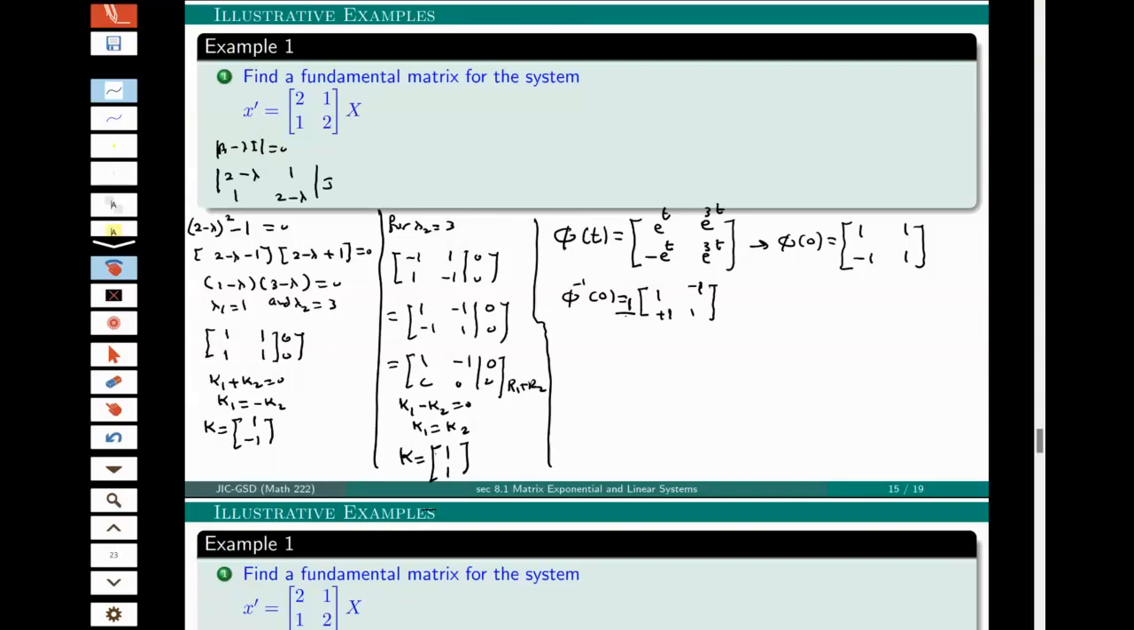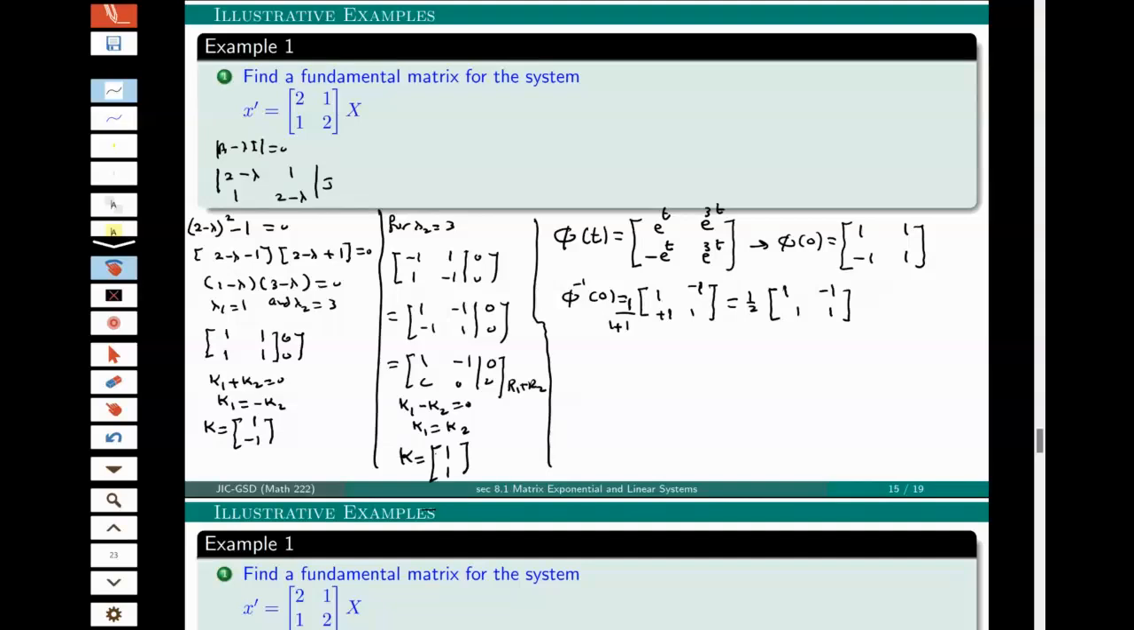Okay, divided by the determinant, which is 1 minus of minus 1, which is plus 1. So that will be 1 half, 1 minus 1, 1 and 1. Okay, now,